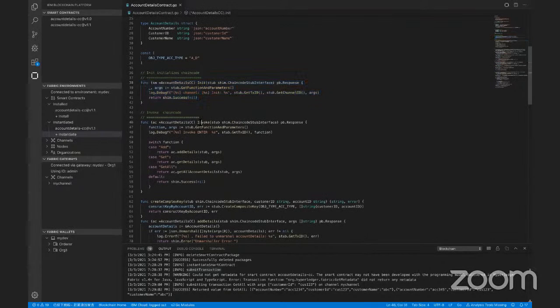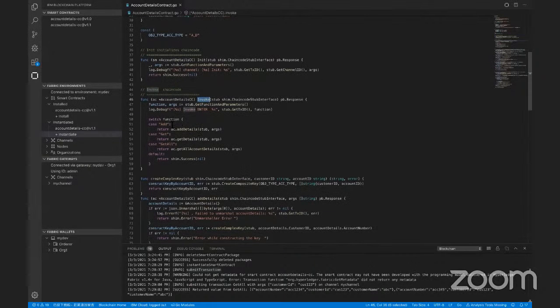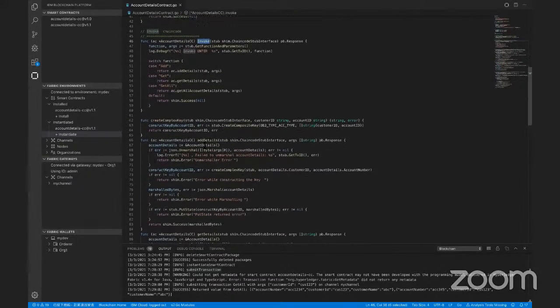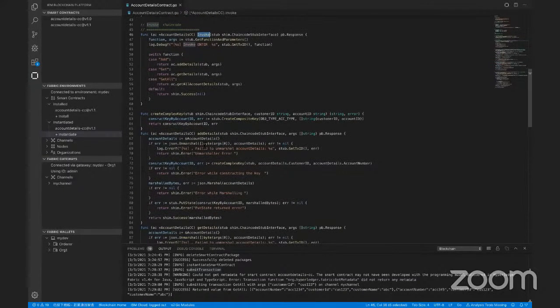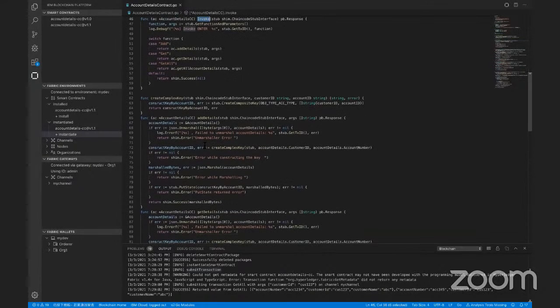There is an invoke one. Invoke is the entry point for all your subsequent requests. For example, whenever an application makes a call to execute one of the business logic or the methods which you have exposed, then the call enters this invoke, where you can write multiple functions. Here I have chosen Go. So each function, or it translates to a method if you are writing it in Java, each method